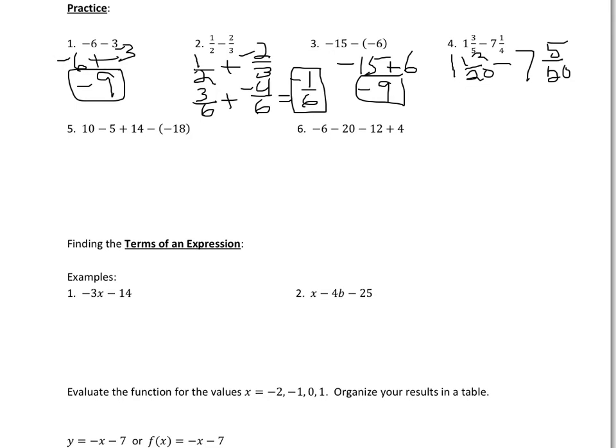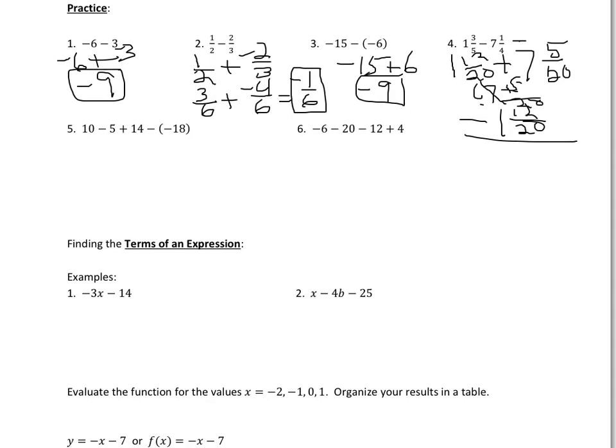And then this would be like plus a negative. So you actually end up having to subtract. So it's like 7 and 5/20ths minus 1 and 12/20ths. Now again, you're going to have to rename because you can't do 5 minus 12, so the